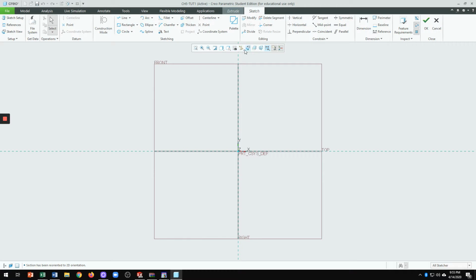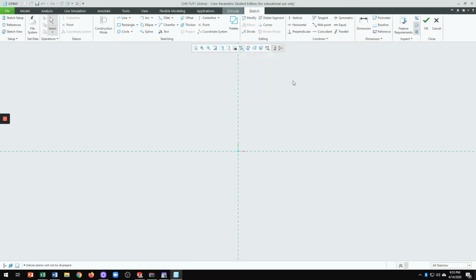So we're just going to turn off, hide, or deselect the display: axis display, point display, coordinate system display, plane display. We're just going to click on the first tab, this box, and it's going to remove all of them. So next, I'm going to